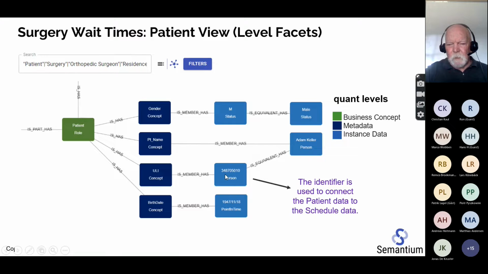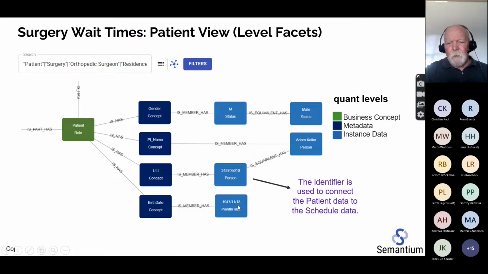This one is interesting because we use it to connect to the surgery data. So the patient has a universal lifetime identifier. They call it a ULI, and that identifier is equivalent to the person's name, Adam Keller. And then we have